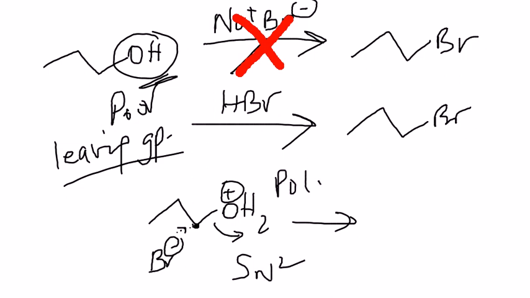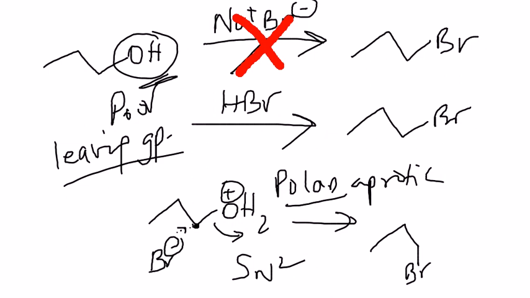Polar aprotic solvent will support this, and you're going to end up with a Br, and I'm going to write it this way so that you show that the bromide is coming from the back. So realize a couple things. You could be given this in the form of a case study, reaction A, reaction B, why doesn't A occur? Explain that for 2 points or something, and then you could be asked questions on what kind of